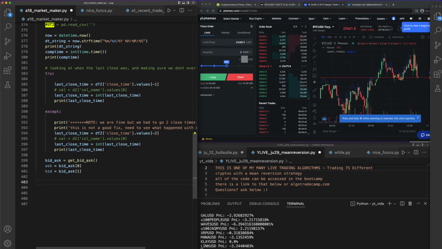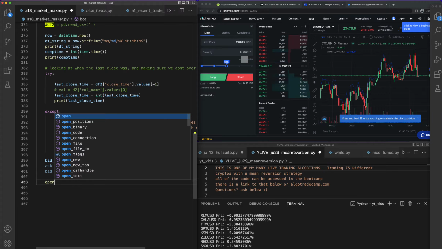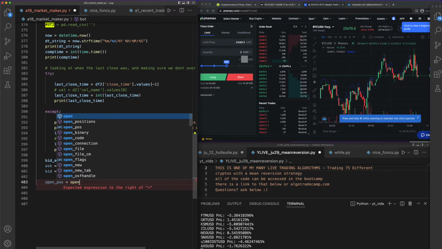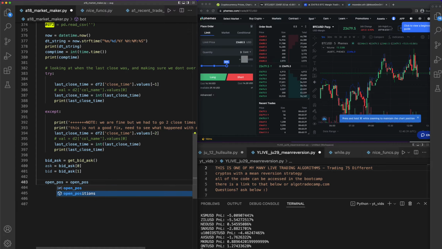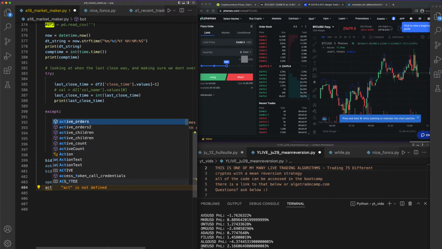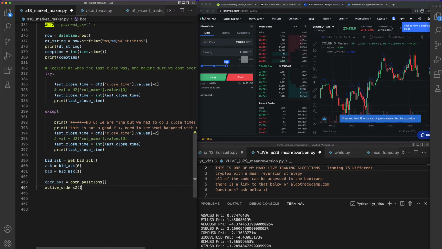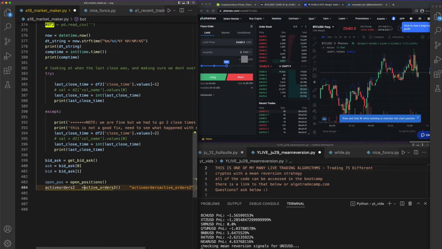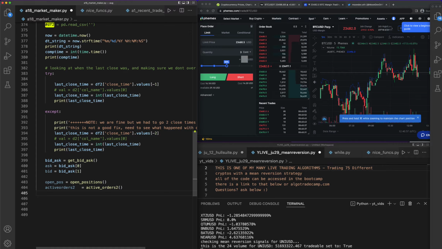What else do we need? Well, we obviously need to get our data, but I don't think we're gonna get that yet. Let's get our open positions and our active orders. Open positions equals open positions. And then active orders. Well, it's this one. We'll grab the 2 because that's the most updated one. Active orders 2 equals, sheesh, it's ugly. Okay,